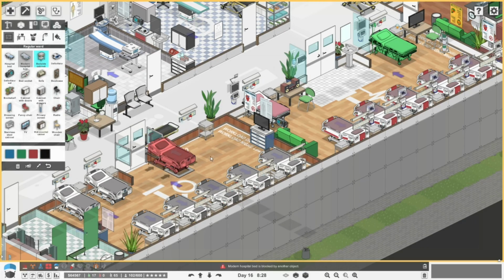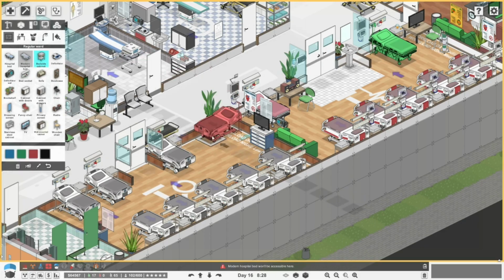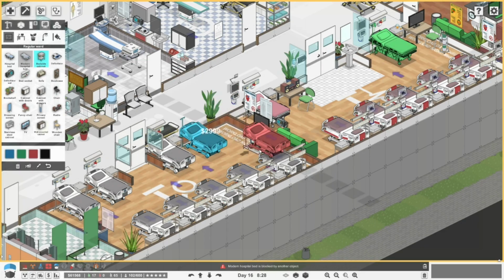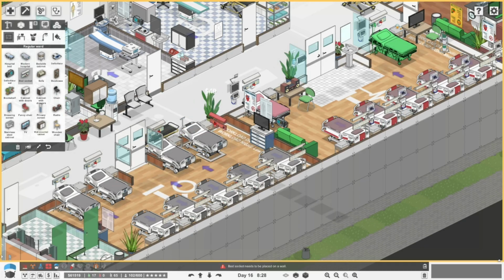Oh, we can have it right up there. Nice. Actually, this might be a pretty decent layout design right here. Then we can get another one in there, and it's going to leave some room over there. Man, look at this. 9 beds in the ward over here. I think that's a pretty decent fallback. Okay, so we've got 9 beds in the ward over there, and we probably have room to put some other